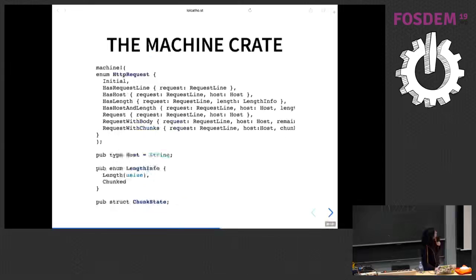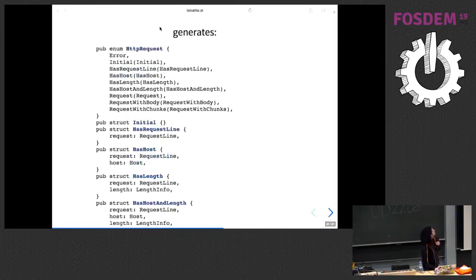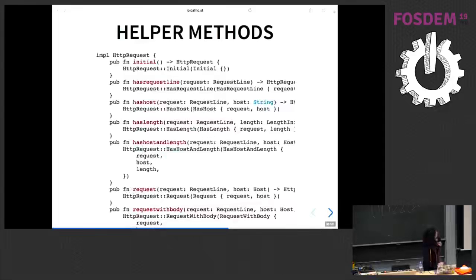If you want, you can add some derive attributes, and they will appear on the enum and on all the structures. Some helper methods. Or, I fixed something yesterday, now it's snake case there. So with this, you can just start in the state you want. So I want to be in a state where I already have a host, so I create one.